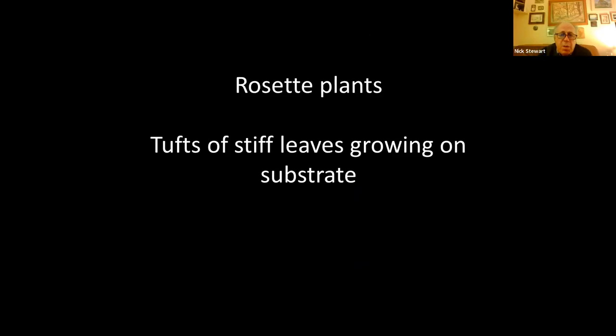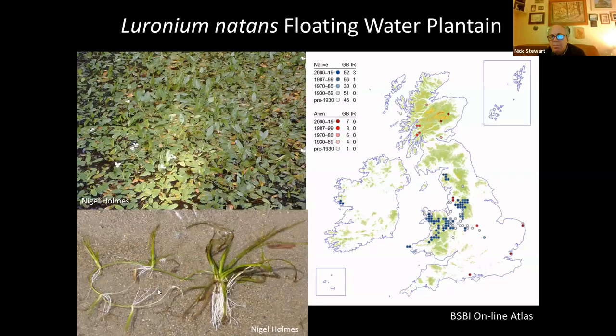Rosette plants are ones that produce tufts of fairly stiff leaves growing on the substrate. The most familiar ones will be things like shoreweed and water lobelia. We only have one in this group to think about, and it's the floating water plantain, which is a native plant, certainly in